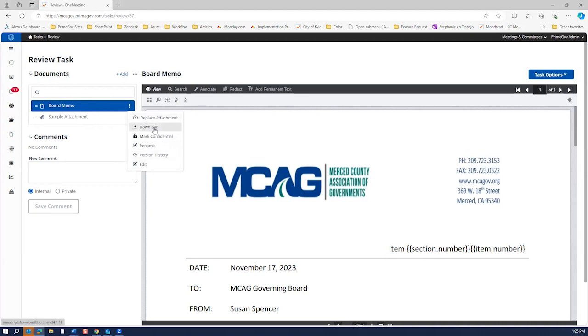Replace attachment, download, mark confidential, rename, version history, and edit. Now, I don't know if I can get somebody on the team over there who can maybe open up one meeting, and as I'm going through this, if possible, could you open up this